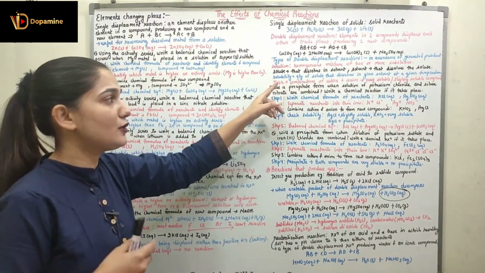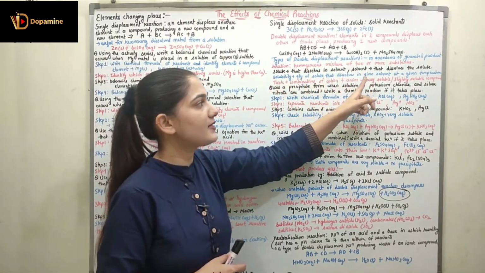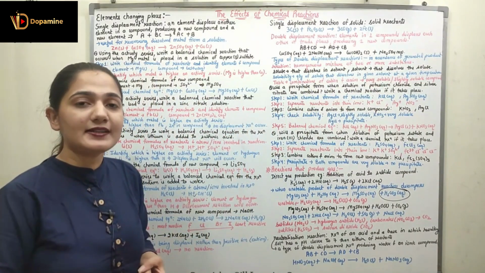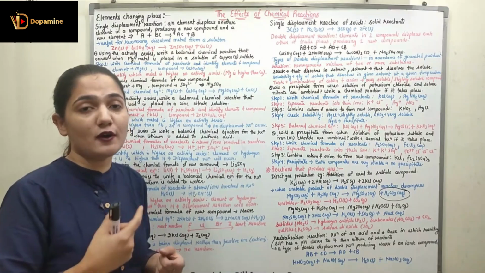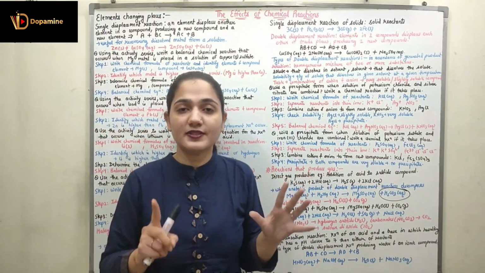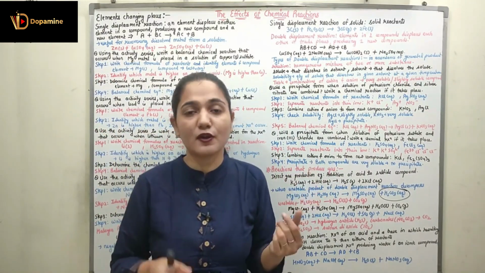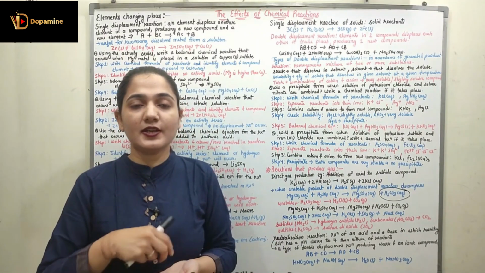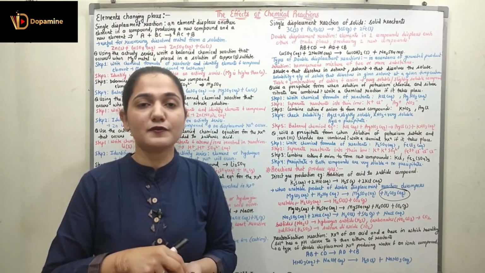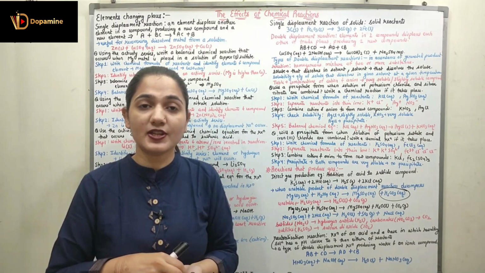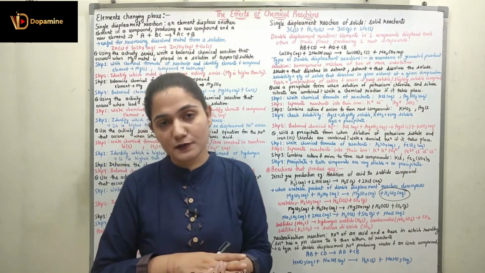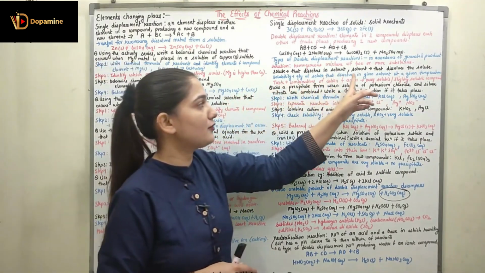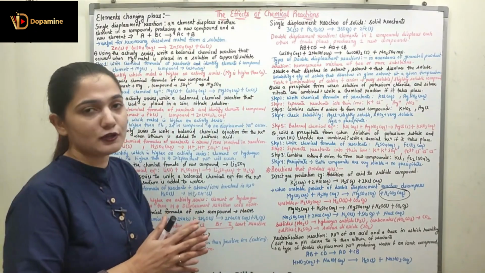Coming to the solubility, solubility is the quantity of solute that dissolves in a given solvent at a given temperature. At the given temperature, how much solute can be dissolved in a given solvent? If you increase the temperature, more quantity of solute can be dissolved. So if you put salt in water at a given temperature, we can put a maximum amount of salt only, right? But if you increase the temperature, then we can put more and more salt into it. So it depends upon the temperature, and at a particular temperature the quantity of solute that dissolves in a given solvent is the solubility.